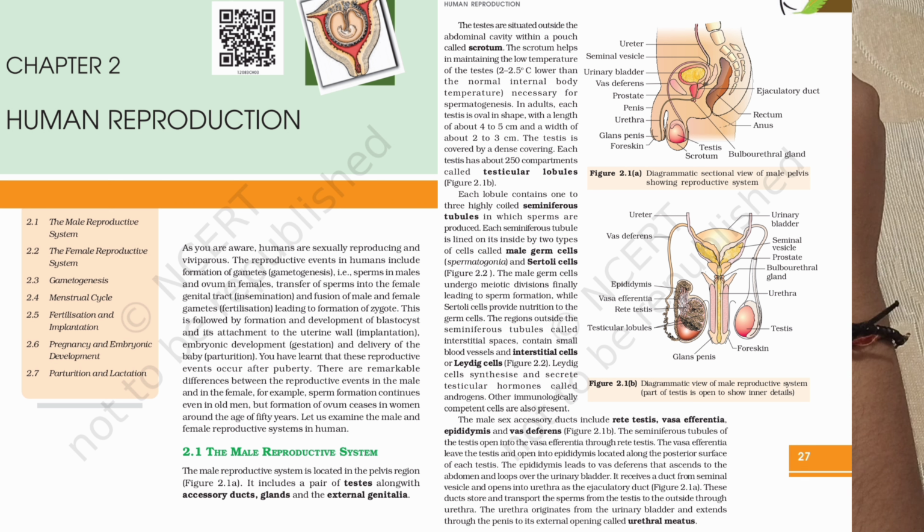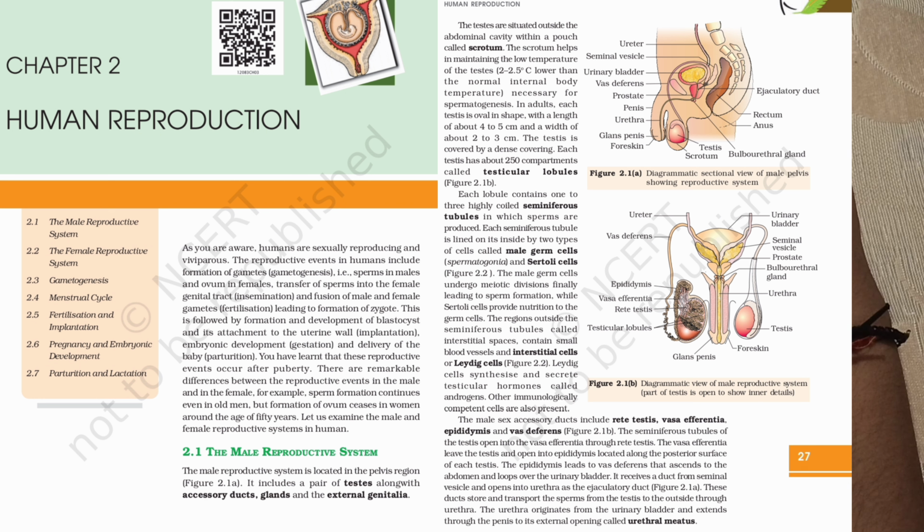The testis is covered by a dense covering. Each testis has about 250 compartments called testicular lobules. Each lobule contains 1 to 3 highly coiled seminiferous tubules in which sperms are produced. Each seminiferous tubule is lined on its inside by two types of cells called male germ cells, that is spermatogonia, and Sertoli cells. The male germ cells undergo meiotic divisions, finally leading to sperm formation, while Sertoli cells provide nutrition to the